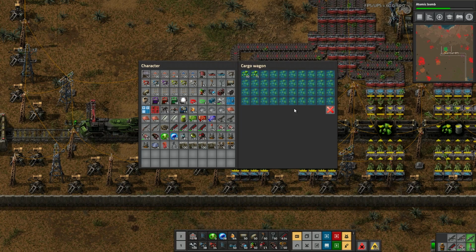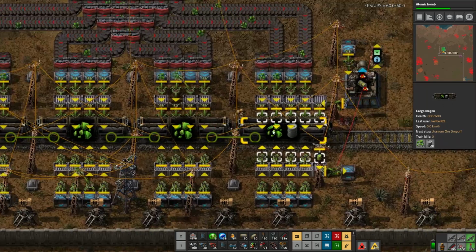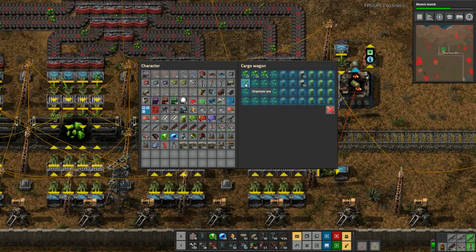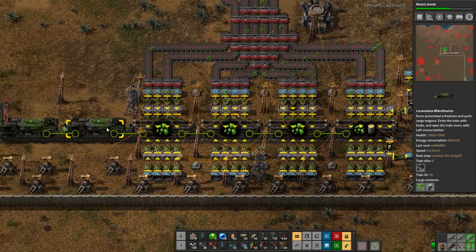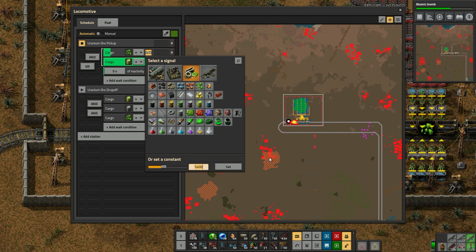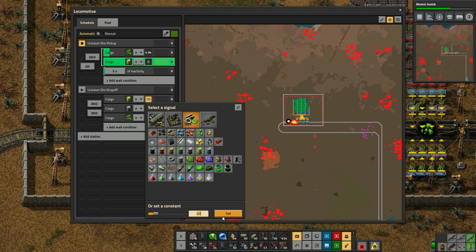Okay, so it's 2,000 ore per train. 2, 4, 6, 61, 62, 63, 64, 65, 66, 67, 6800. Okay, I had this wrong anyway. Greater than or equal to 6800. That should work, and we'll have this set to barrels greater than or equal to